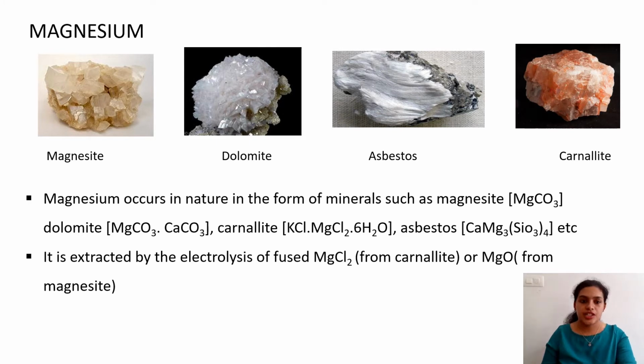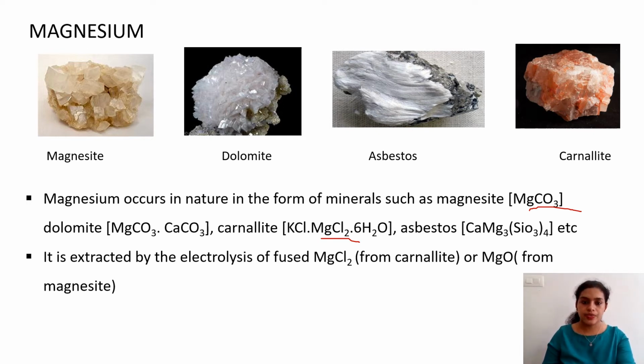And next one is magnesium. You can see the beautiful crystals of these minerals: magnesite, dolomite, asbestos and carnallite. These are the four main minerals of magnesium, and it is extracted from magnesium chloride, which is obtained from carnallite, or from magnesium oxide, which is obtained from magnesite. Actually magnesite is magnesium carbonate, but the magnesium carbonate is converted into magnesium oxide first